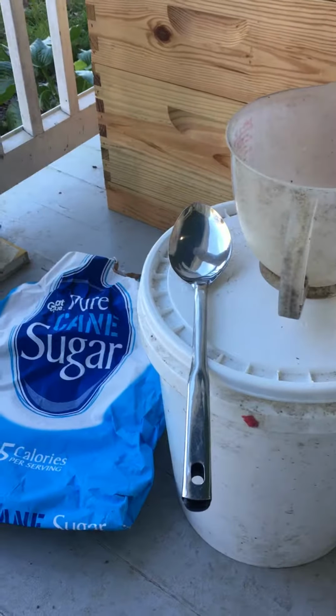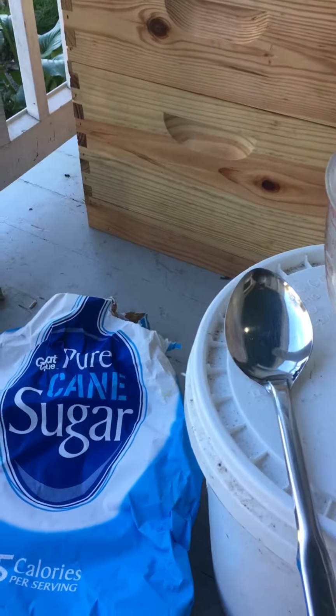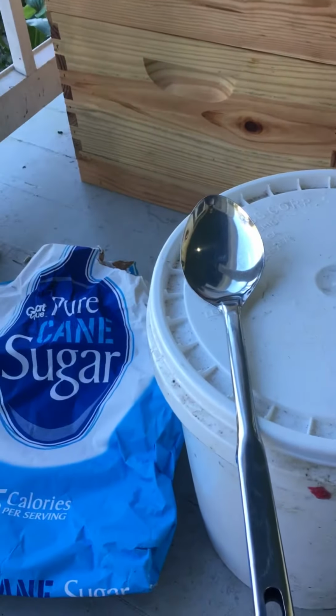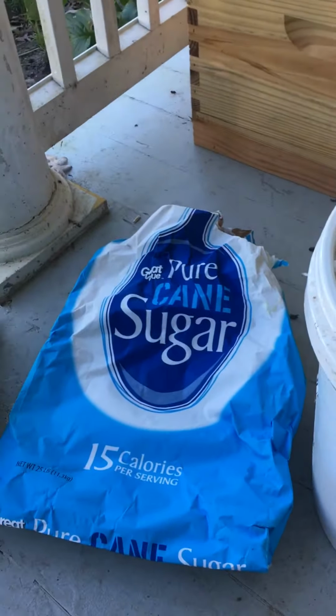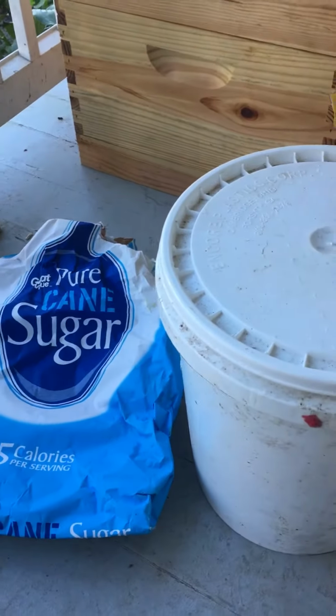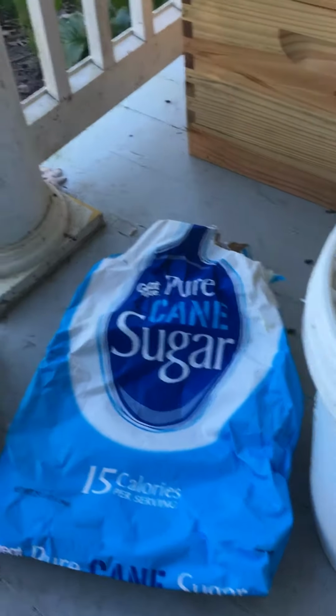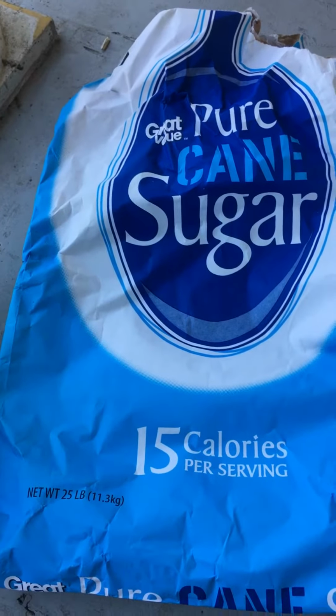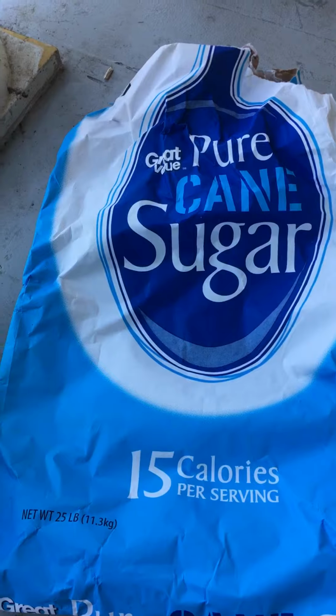All right. So somebody asked me a question about, well, what do you feed your bees? How do you feed your bees? And one of the things that you feed quite often to your bees is sugar water. And to do that, this is just going to be a 50-50 mix, but 25 pounds of pure